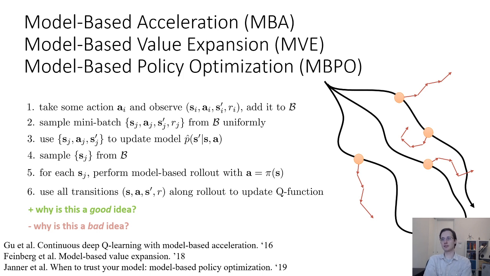Arguably, the states that you actually see by using this procedure are not the same as the states that you would actually see when you run your policy. So you could imagine that if you load up some states from your buffer that your new policy would never visit, and then you make a rollout using your new policy from that state, now you would end up with states that neither your old policy nor your new policy would ever produce because it's actually a mixture of the two policies. So you might end up having to train on states that you would never care about for your final policy. So there are a few pros and cons with this approach,